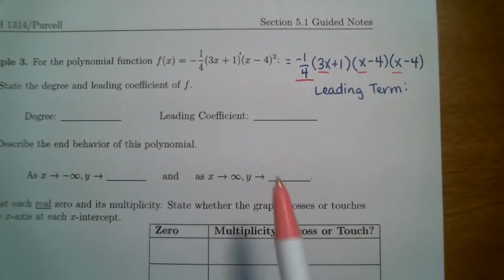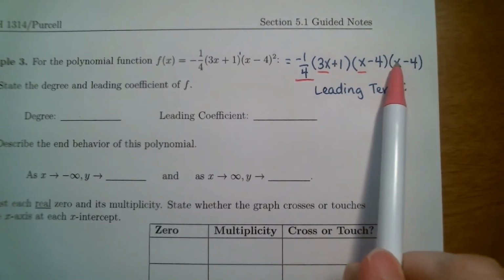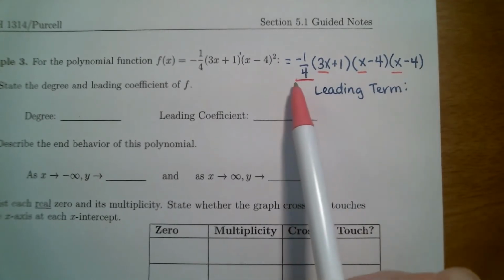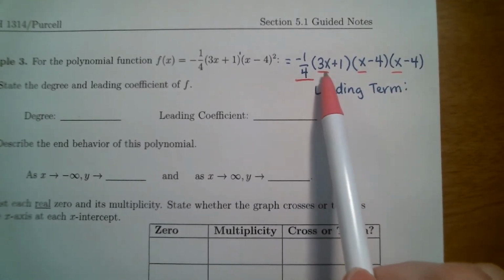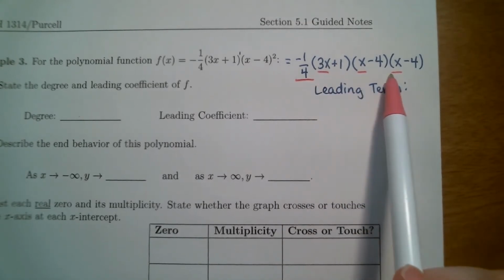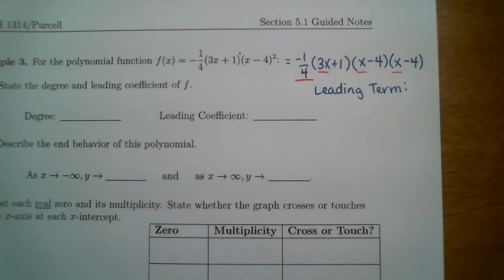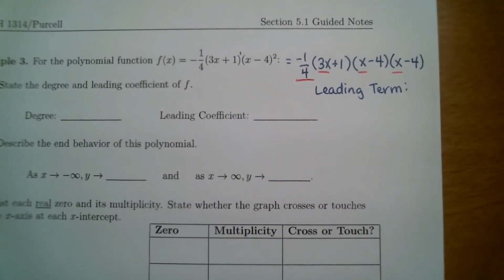okay? And notice I've done this to the format where I've expanded it out like this, okay, where I rewrote the x minus 4 squared as x minus 4 times x minus 4, okay? So now that we've got all these guys underlined, again, it's the number out front of the parentheses, and then anything inside of the parentheses that has an x, and if it has a number with it, take it with it, okay? We're going to multiply these guys that I've underlined together, and that is going to give us our